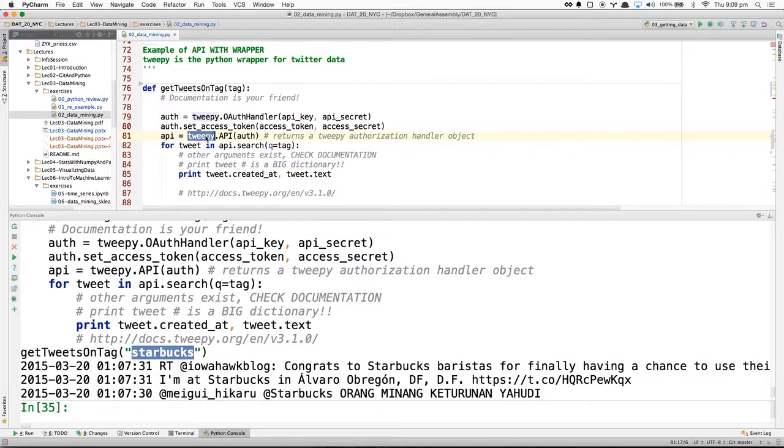What Tweepy does is it has a bunch of classes and methods, classes and functions, which are basically a Python implementation of interacting with Twitter, a Python implementation of a Twitter client. Sorry if this is a little small. Maybe I'll draw a picture.